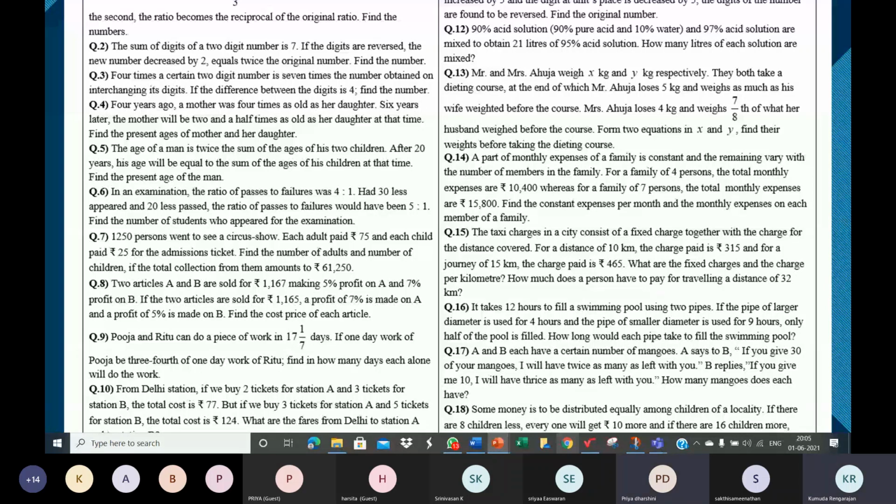Cost price of A is 600, ma'am. Okay. Cost price of B is 500. Actually, I have the answer in the other order. A is 500 and B is 600. Anyways, let's see. Your numbers are correct.